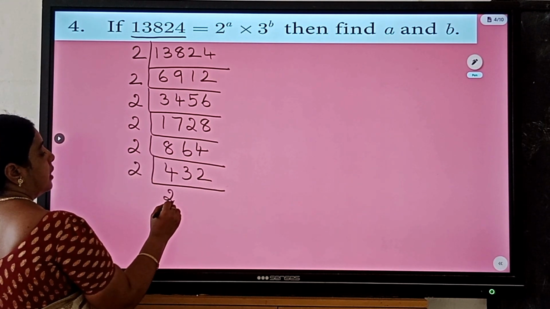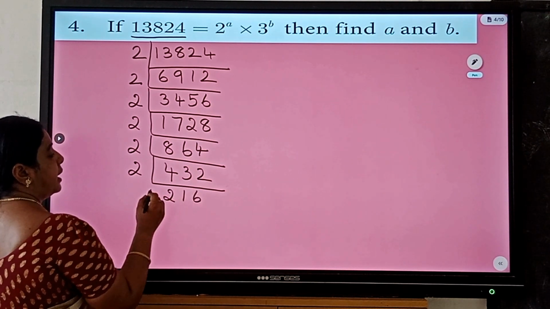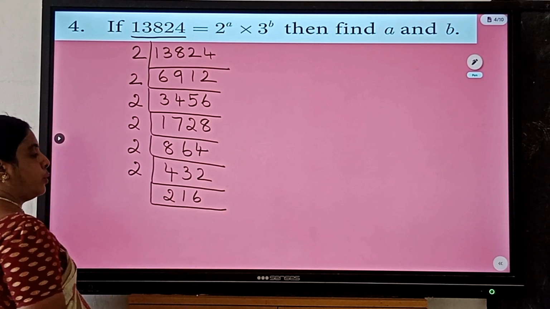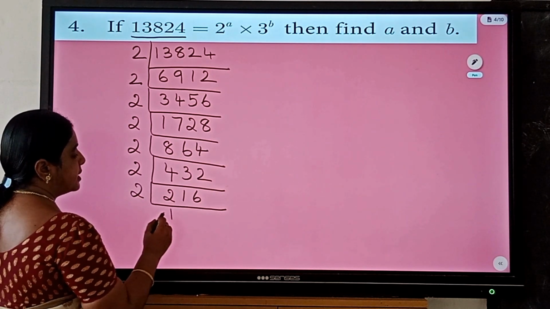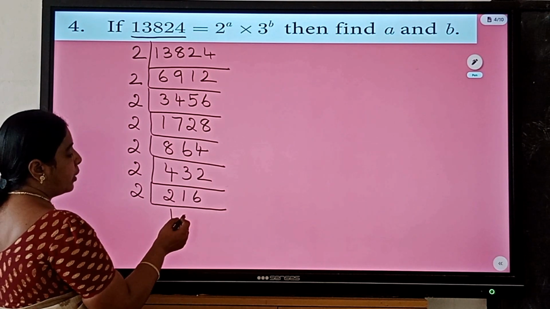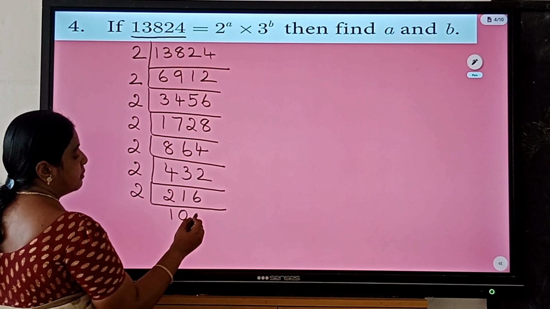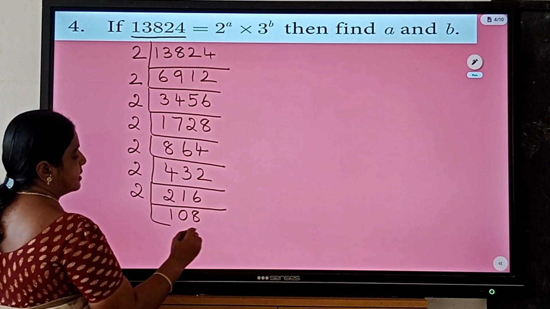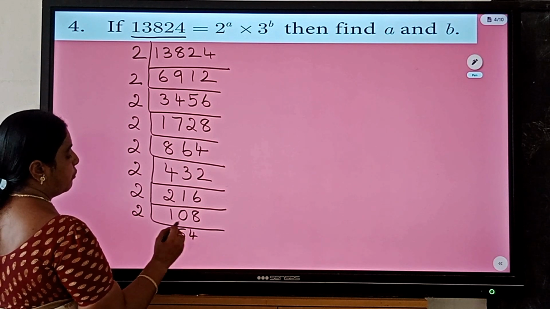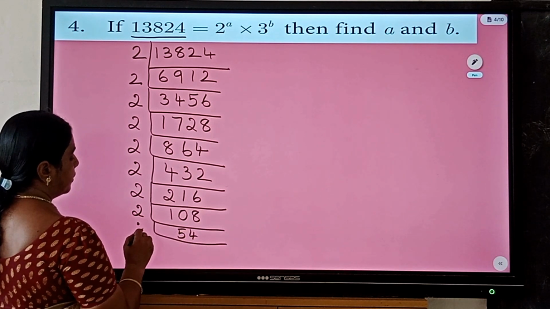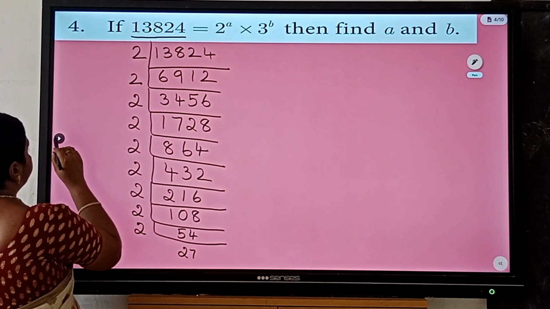Then 2 2s are 4, 2 1s are 2, 1 is remaining, then 2 6s are 12. Again you divide it by 2, 2 1s are 2, you have 1, it is not divisible, so you put 8, then 16, 2 8s are 16, 2 5s are 10, 2 4s are 8, so 2 7s are